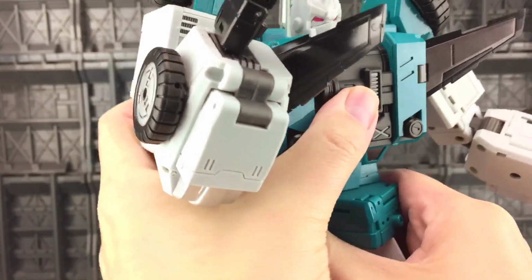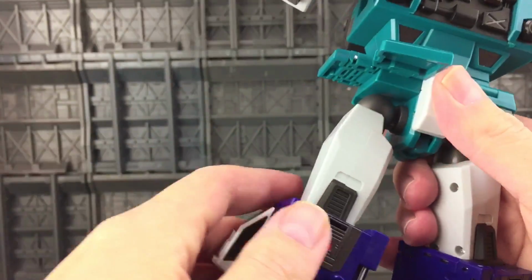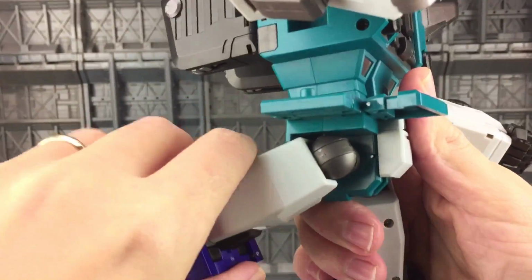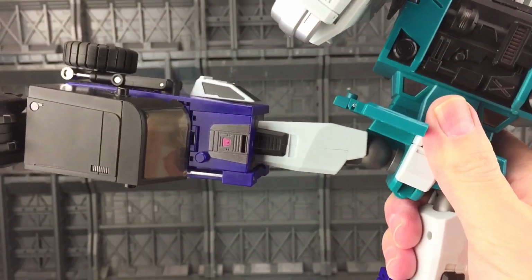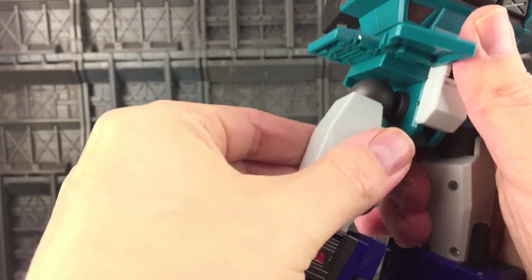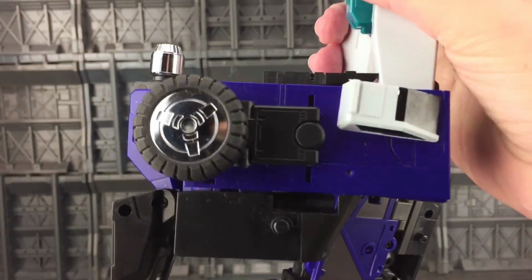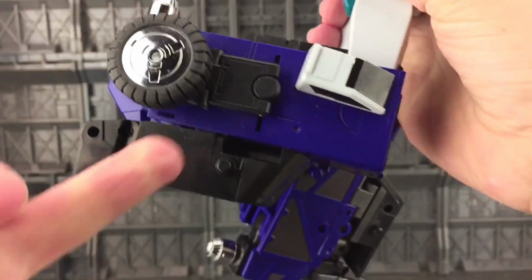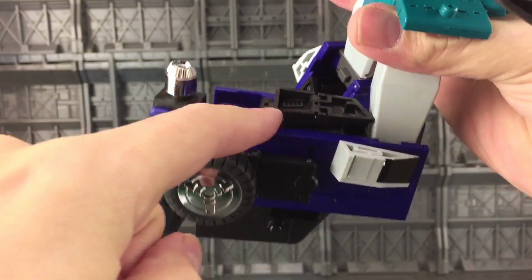The waist can rotate on a friction joint. Legs have a skirt at the front and sides, which allows the joints to come forwards, backwards on a soft ratchet. We can come out to the side on a nice hard ratchet there. We do get rotation in the upper thigh, and we do get a 90-degree bend at the knee on a very nice metallic ratchet. Now I would have liked greater angle on the knee bend, but due to the transformation sections here,